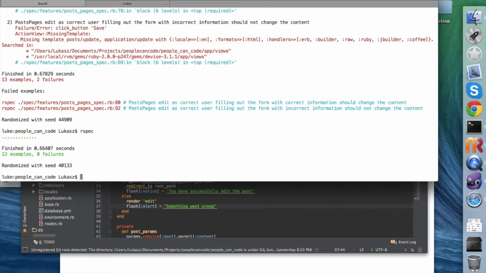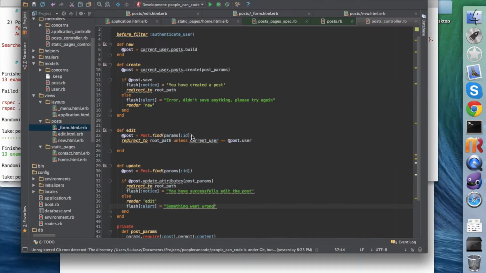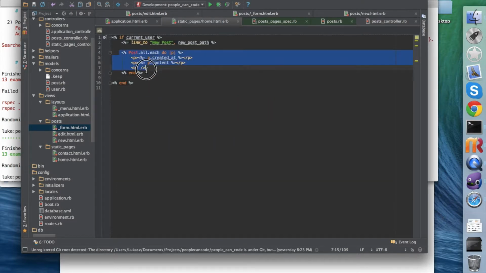And all tests are passing. That's great. So we can now put the links to our edit page, and we know that everything is going to work just fine. So if we go to our home page, for each post we render